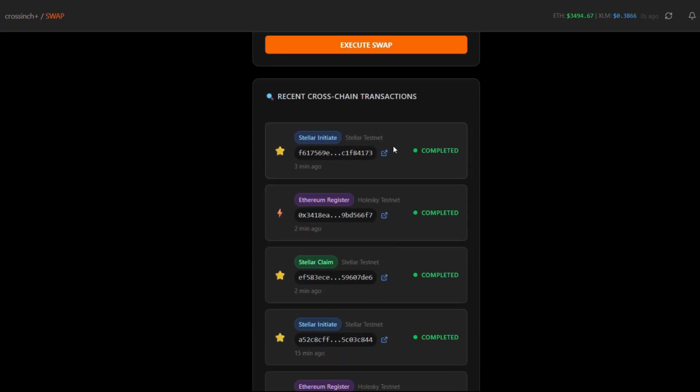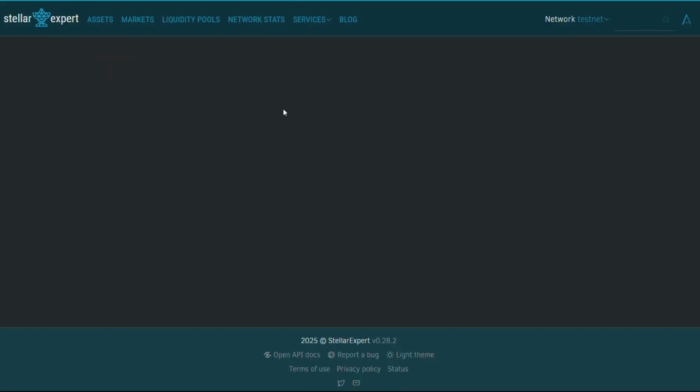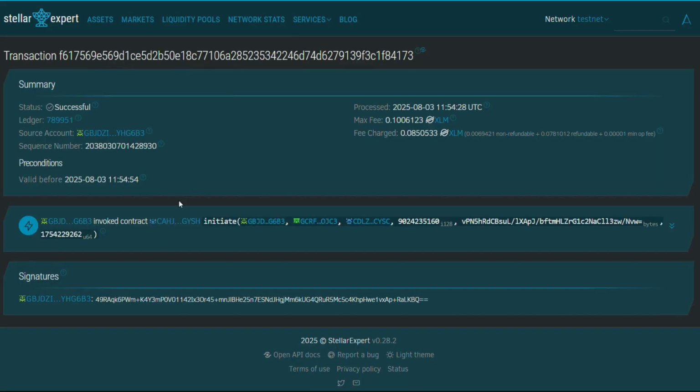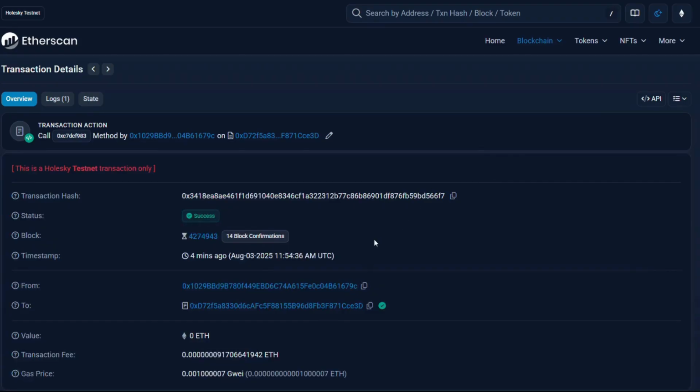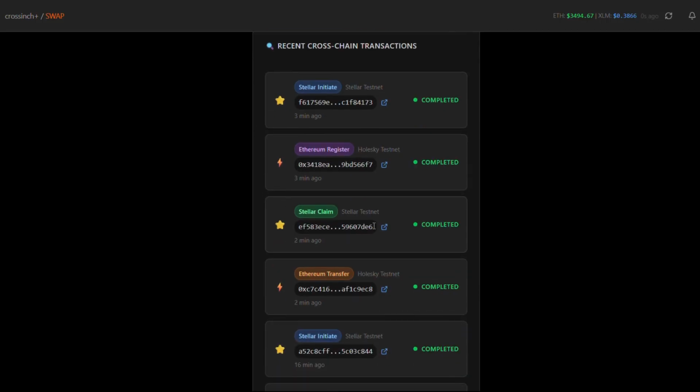In the interface, after executing the swap, you can look at all the transactions which have taken place. Let's look at the Stellar initiate, Holesky testnet. So the Stellar transfer is successful. It has called the initiate function. And next on Holesky it has also called the registration function. After that, the claim on Stellar testnet,